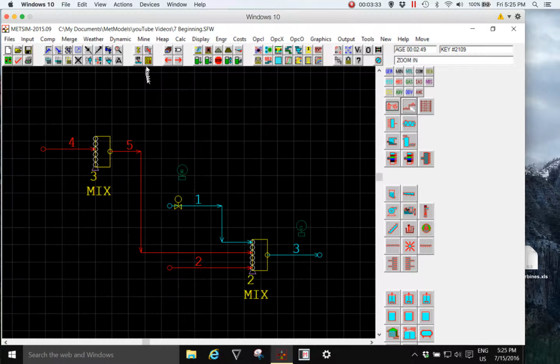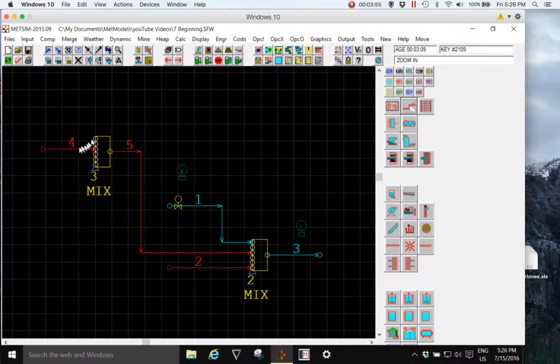As previously done, I could use the Edit Object Data tool to enter the total stream flow and composition by component weight fraction, but in this case I'm going to copy the compositional contents of stream